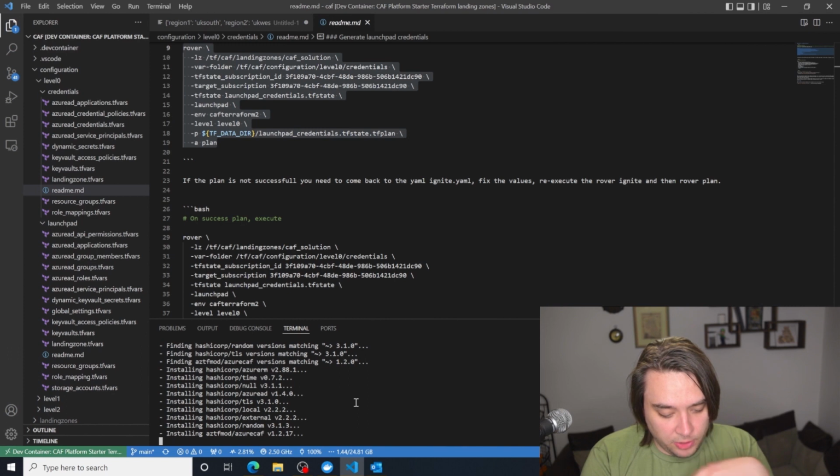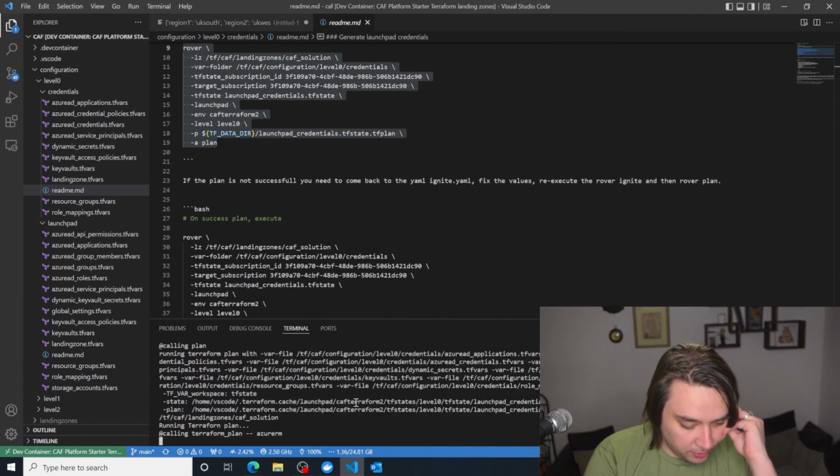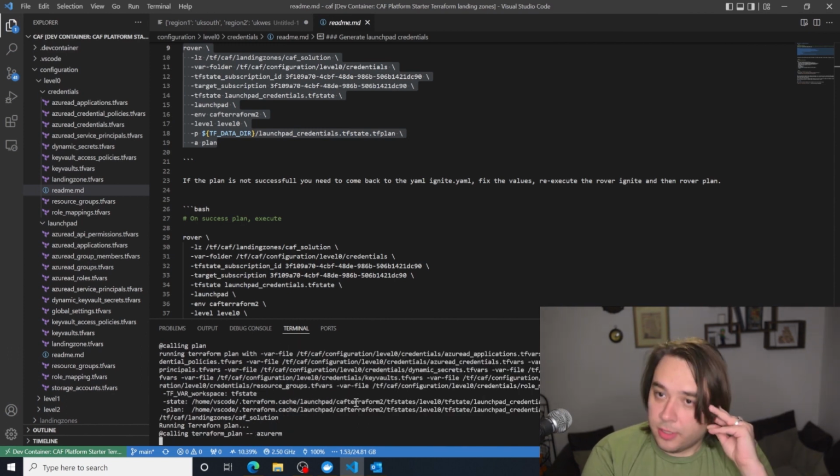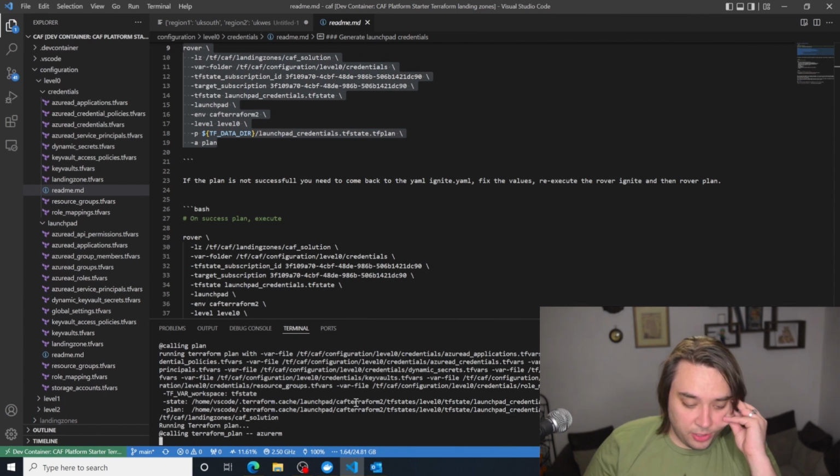And we wait. As you can see, it's installing quite a bit of things that you wouldn't have to install in the background anyway. So we have now executed a plan.